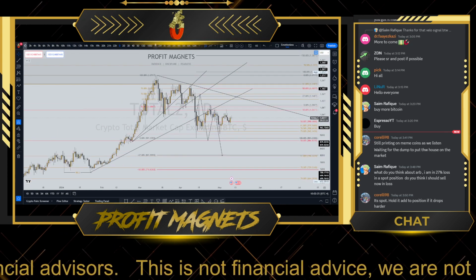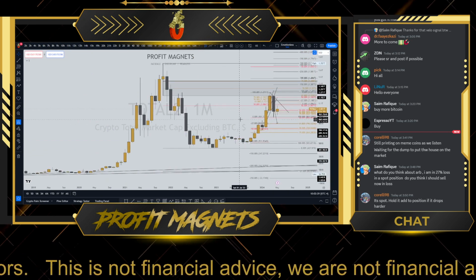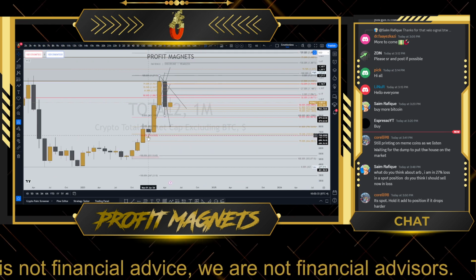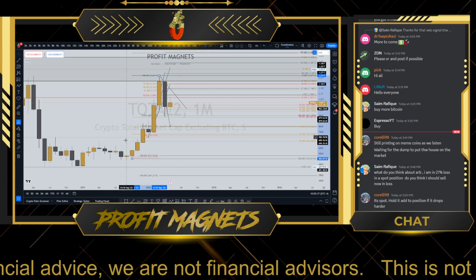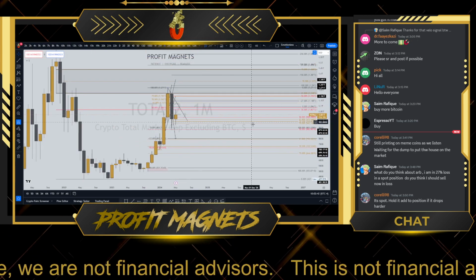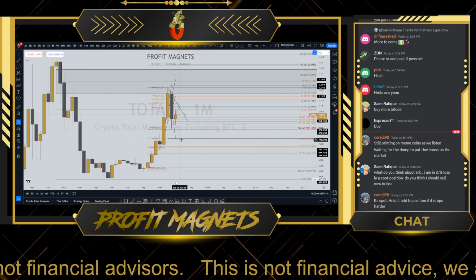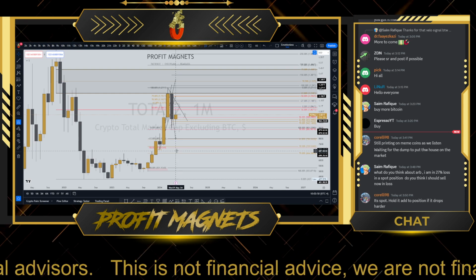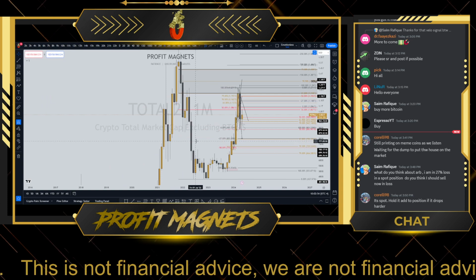And anyway, right now, this is what I see on the total 2. Again, the downside target, very similar situation to the total 1. I mean, these charts are looking very, very similar. Okay. And potentially, we are still looking at the return on the overall golden pocket, which is bullish. Okay. But will take us back on the total 2 to around 790, sorry, 790 billion to potentially as low as 664 billion.